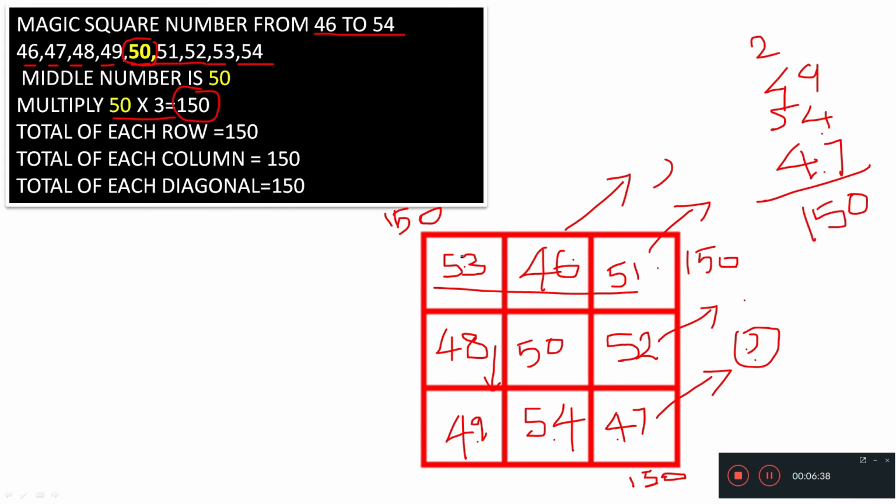Like that, diagonally also you can check it. 53, 50, 47. The total should be 150. This diagonally if you add, you will get 150.